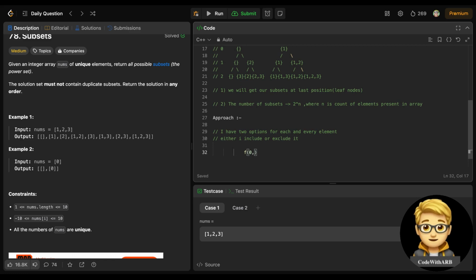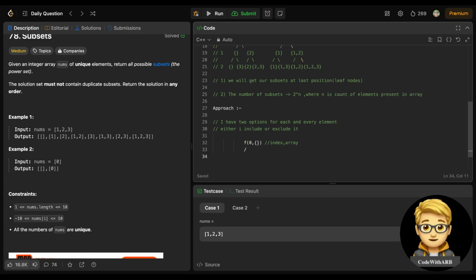So 0, then the number which we include, and the index part. This is the index, and the vector or array part which needs to be stored, right?